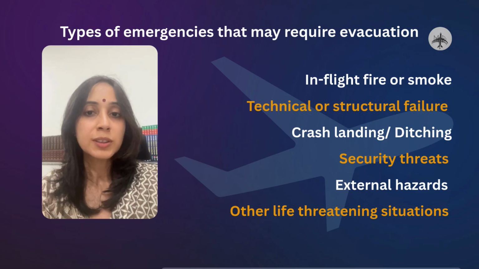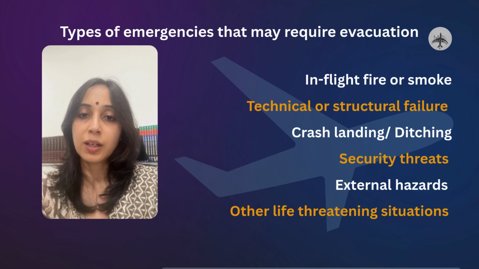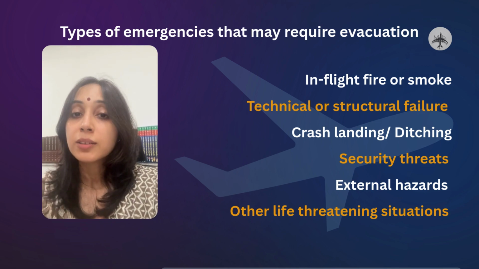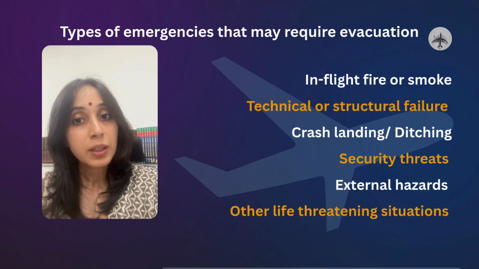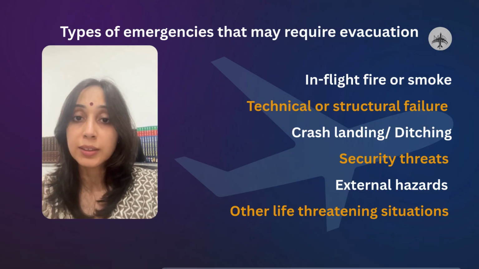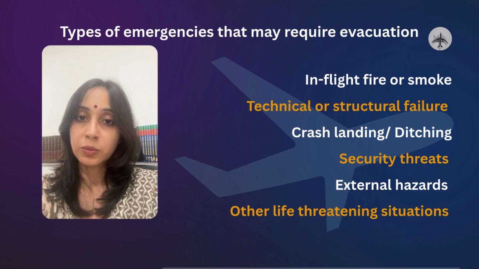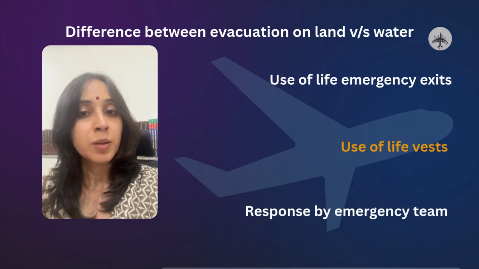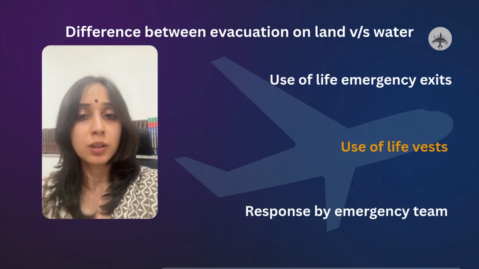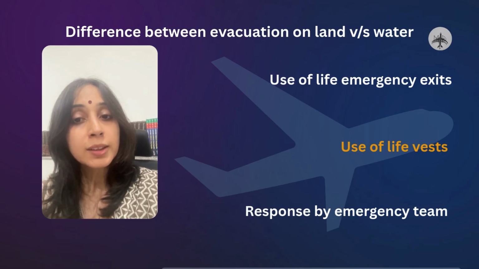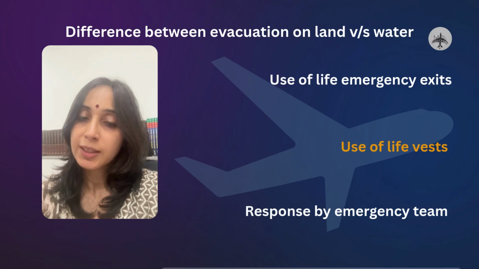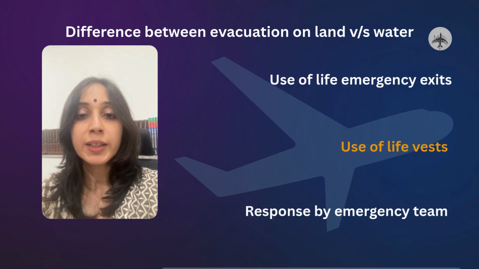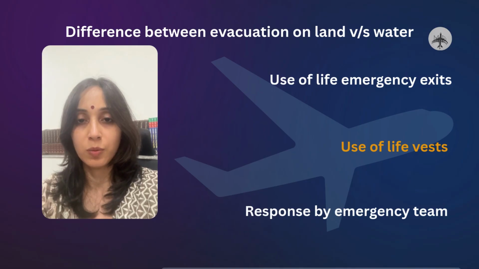Now let's talk about the scenarios that may demand emergency evacuation. It could be because of fire, smoke, any dangerous goods spillage, in extreme cases of bomb threat, hijack, or any hazardous situation as assessed by the cockpit crew or cabin crew. Emergency evacuation may be carried out on land or over water. This situation may differ, and the number of exits that you are using may differ. So you must listen to crew instructions and use the exits that are allowed for evacuation.